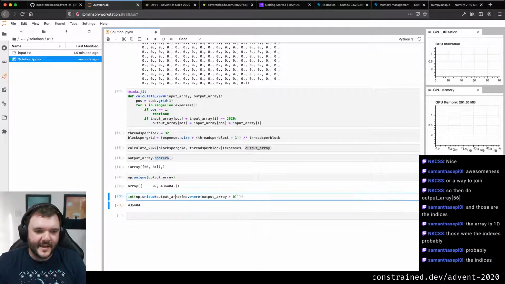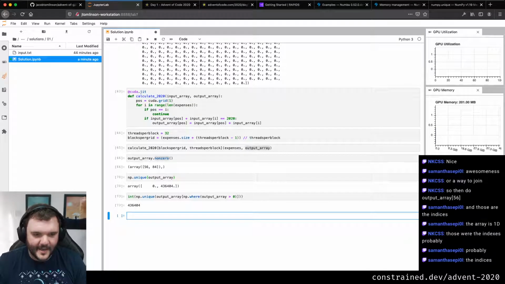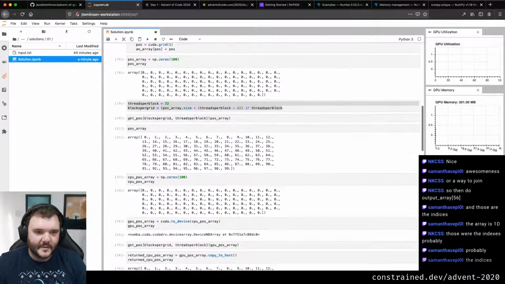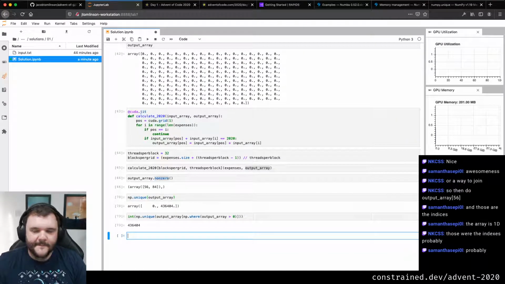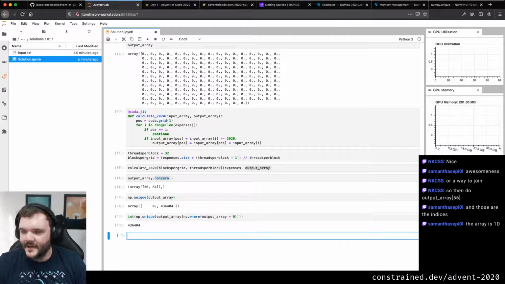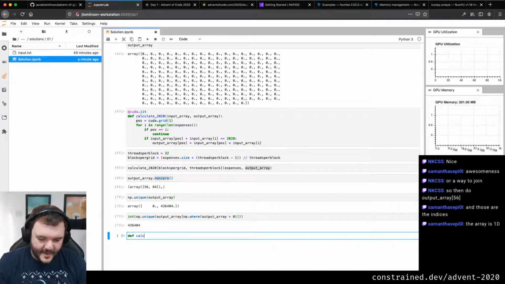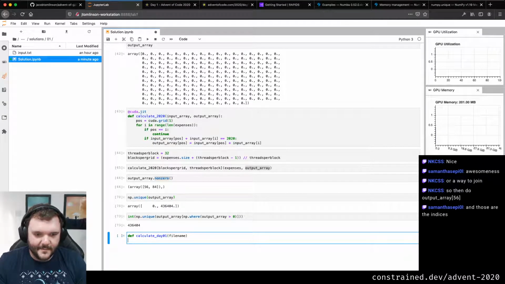So I could write a function if I wanted to, for Advent of Code completeness. I could write all this up as a little function that takes in my text file. So if I do def calculate day 01, then we'll have a file name, because that's going to be the input.